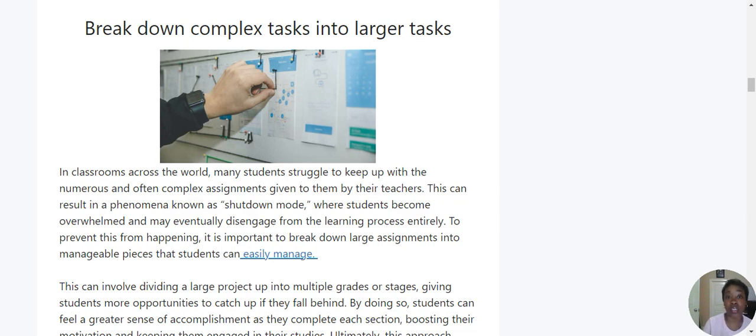So I think a good idea is to break it down, take that big project and maybe break that down into three grades, grades that could even increase gradually. One could be a smaller grade of like a rough draft, one could be a midpoint check in, and then one could be worth a lot of points for the final draft. That way, you give them the chance to jump back in when they realize that maybe they got behind on their work. But for some students, just that really huge assignment can be daunting enough to make them not do it if the task is too big and it's not broken down enough for them to be able to kind of space it out.